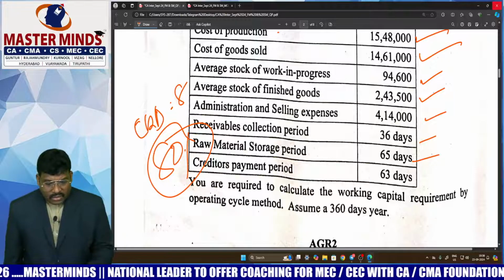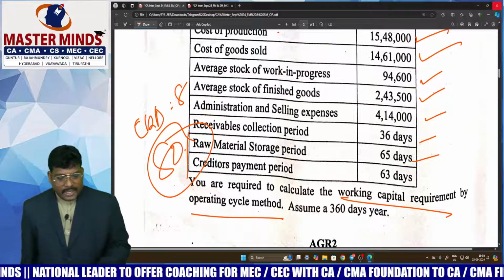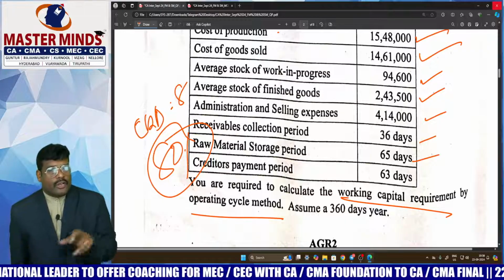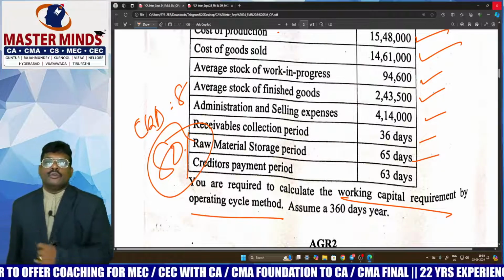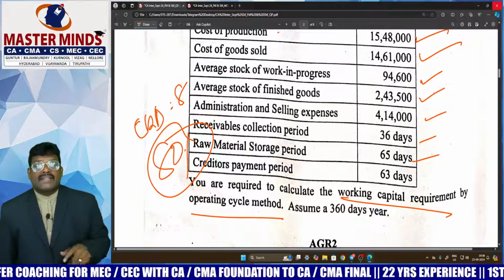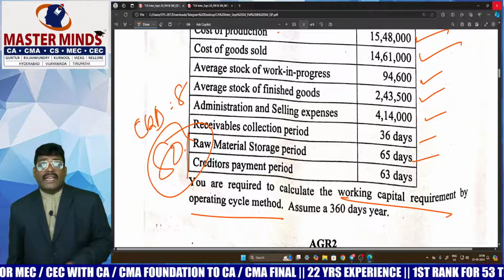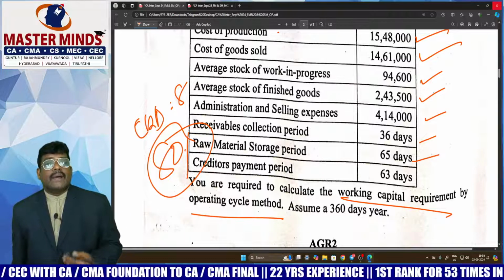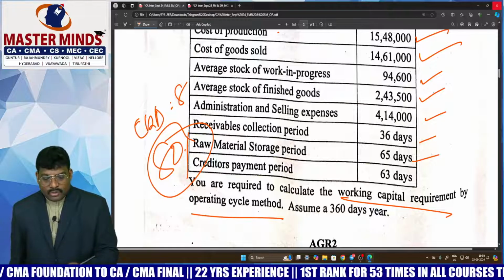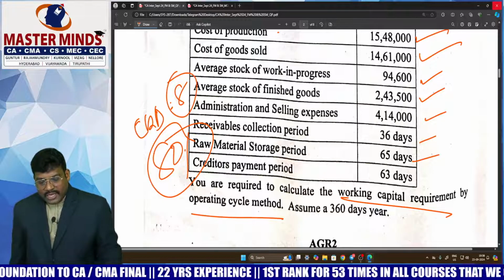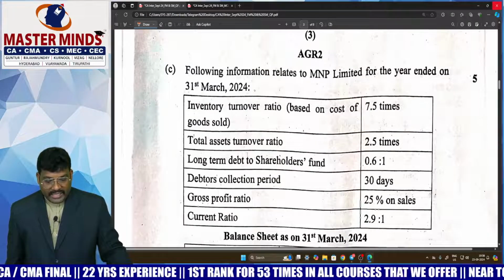You need to find it out by the operating cycle method. So working capital, you have to find out basing on the operating cycle method. First of all, you have to calculate individual holding periods: raw material holding period, work in progress holding period, finished goods holding period, debtors collection period, minus creditor payment period. If you estimate holding period basing on operating cycle, then total operating cost divided by net operating cycles, you will get the working capital. Such a model problem is covered in CRD 18, CRD 8, okay.